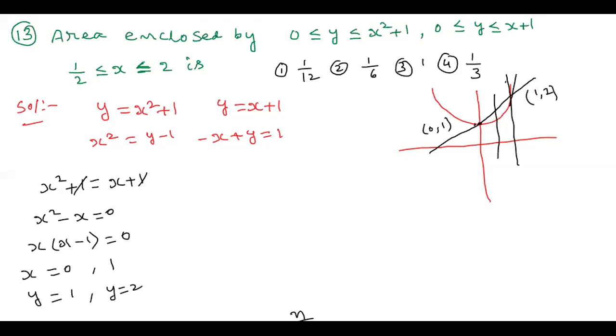And they are given another condition also: 1 by 2 less than or equal to x less than or equal to 2. This is x is equal to 1 by 2, this is x is equal to 2. So in between, this area is required. Now, required area A is equal to